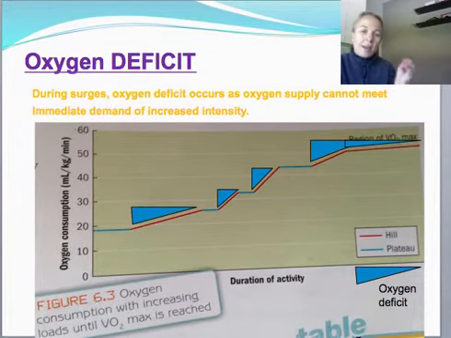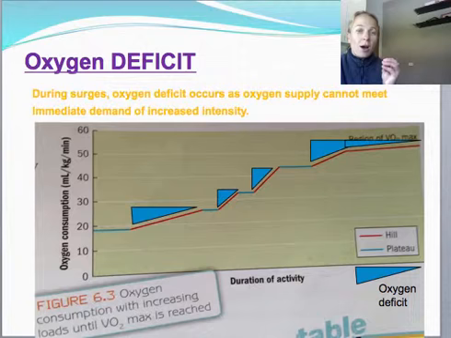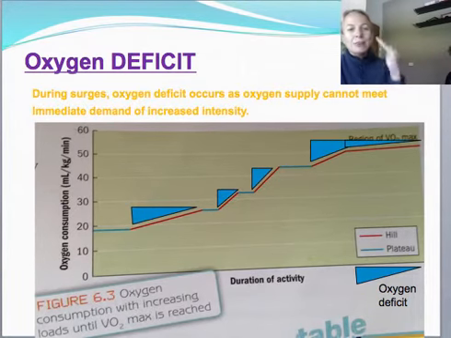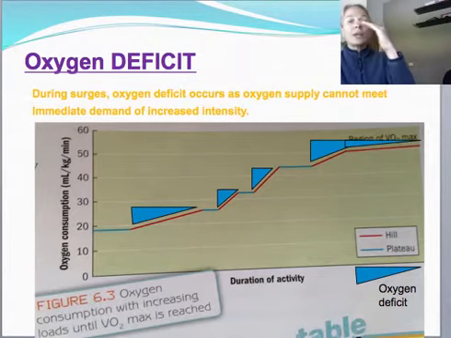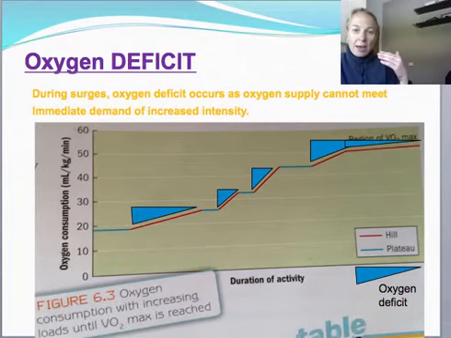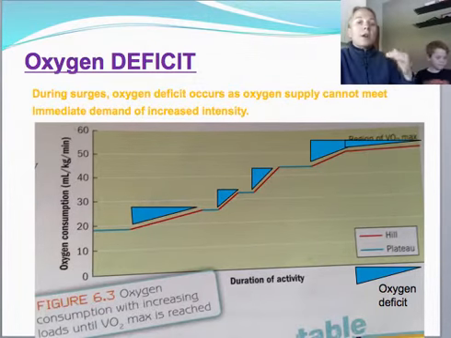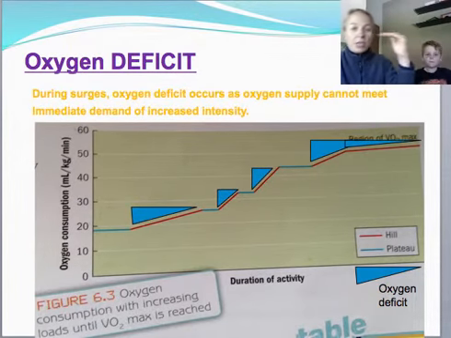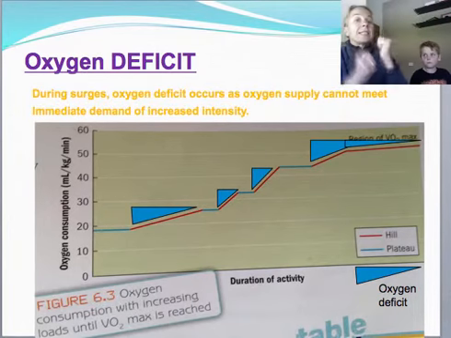This graph helps you to identify oxygen deficit. As you can see, every time intensity increases, the athlete cannot meet the demands of oxygen with its supply. So the blue triangles represent oxygen deficit. So intensity increases, oxygen deficit, they reach a plateau, supply equals demand, intensity increases again, and so we're in more